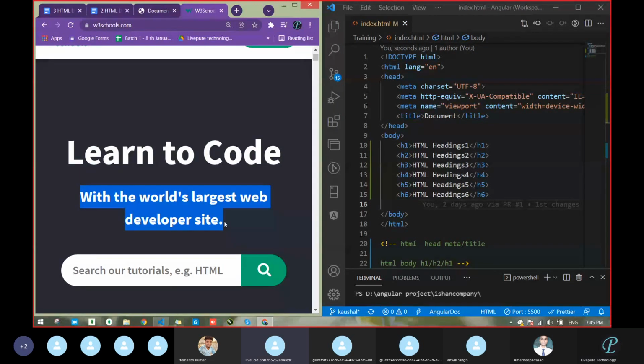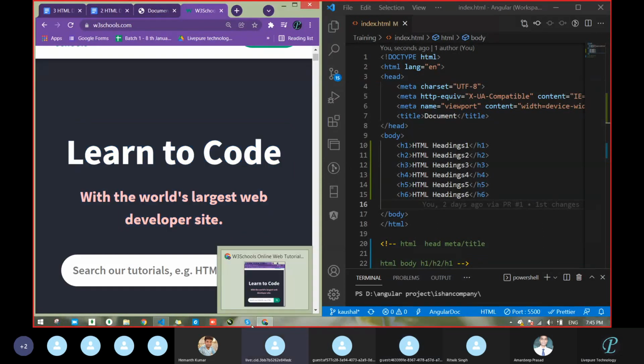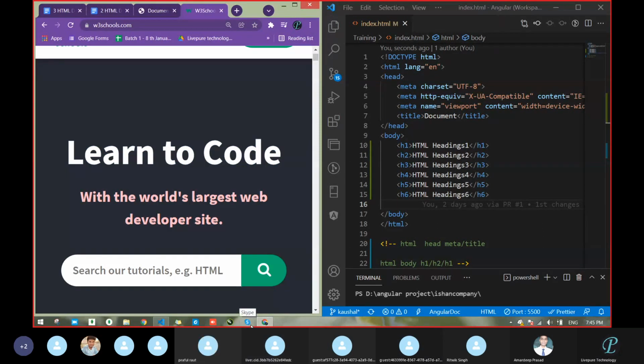Sir, I am not able to see the difference on your screen. What about the others? Yeah, I am able to see, but I cannot. Shivani, you can rejoin the session. Sir, I have rejoined the third time. Maybe there is some network issue on your side. You can check speedof.me to see your internet speed.